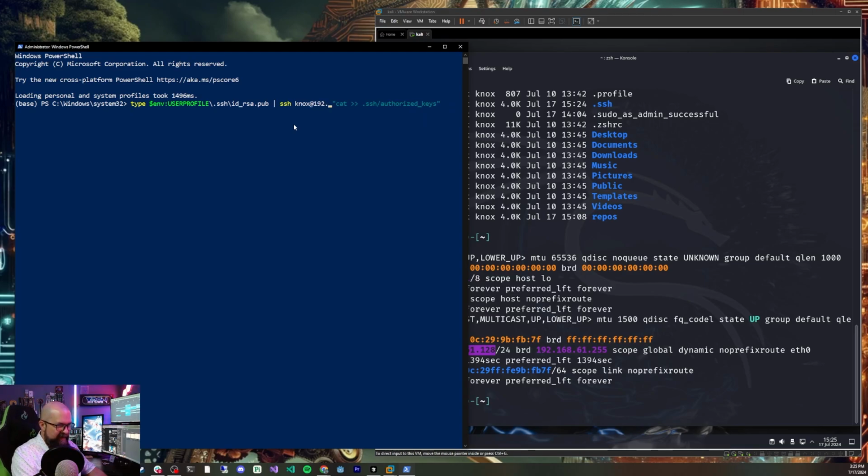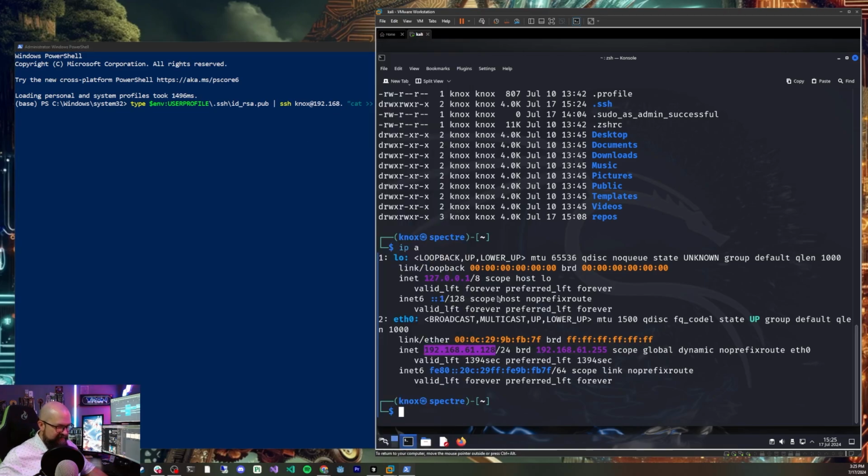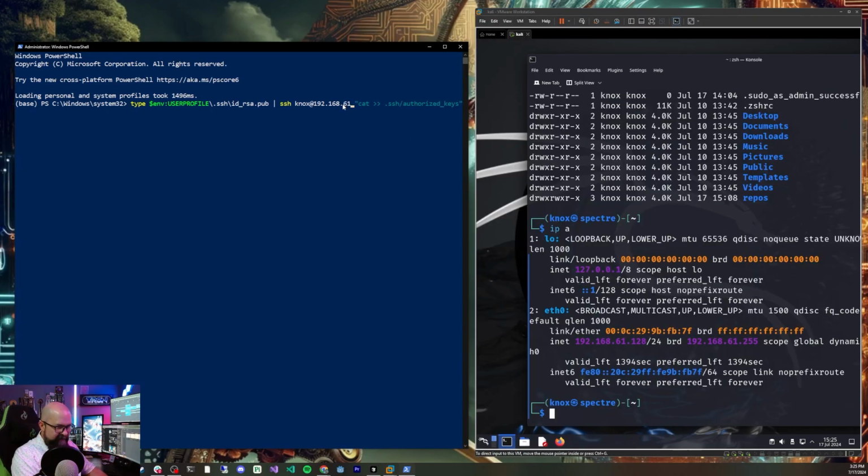See here, in this case, my name is Knox. And I'm going to put the 192.168. What did I say right here? .61. Just move this over here. .61.128. And what this command is doing here is, in Linux,